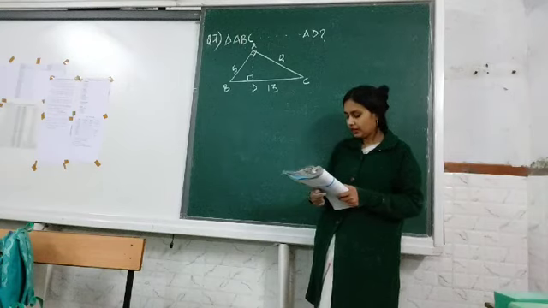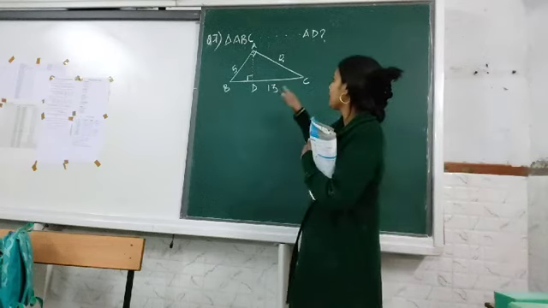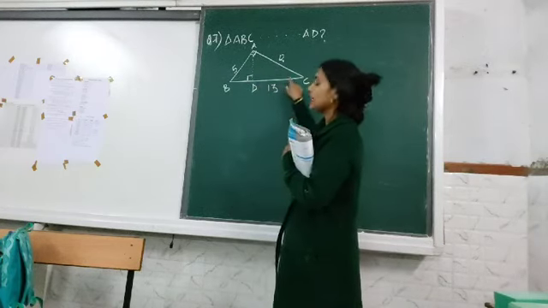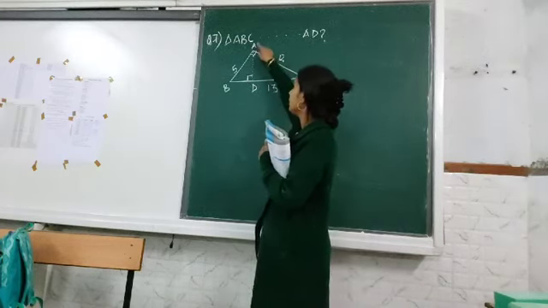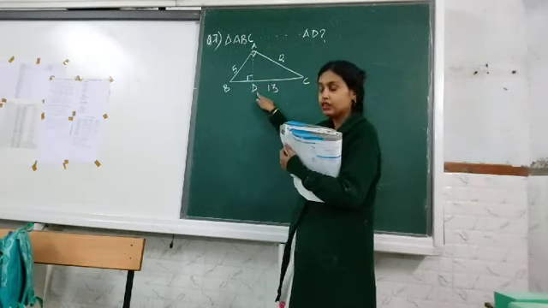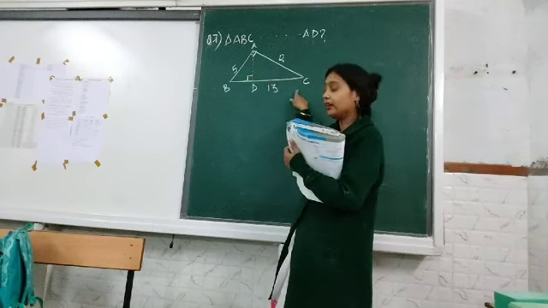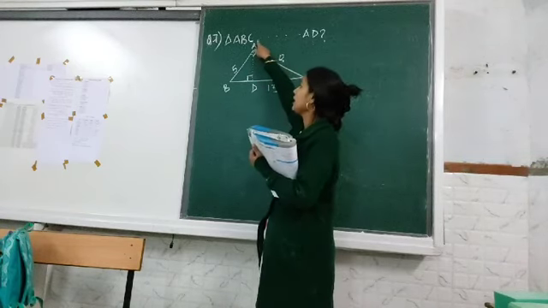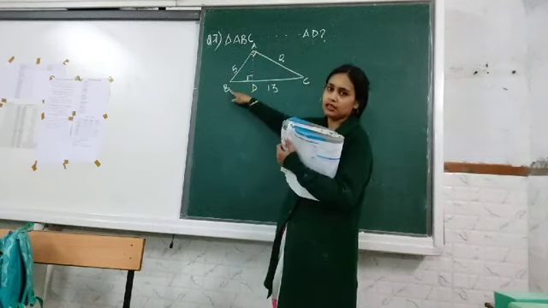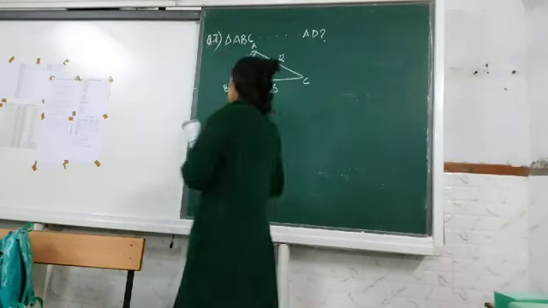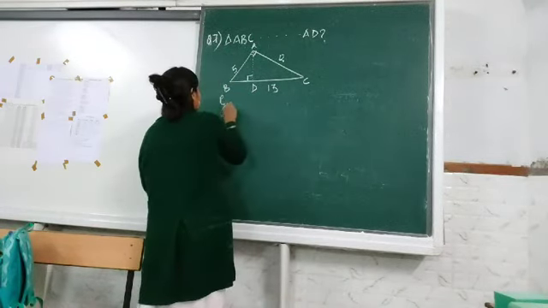Find the area of triangle ABC, also find the length of AD. So we have to find the area of triangle ABC, and also the length of AD. First let's find the area of triangle ABC when the height is AC and the base is AB. Okay, let's start. Whatever is given, we write first.